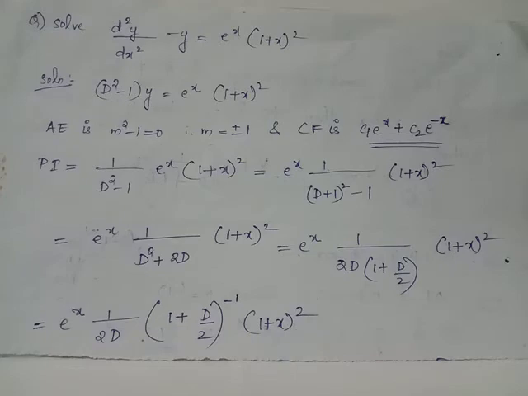Since we have 1 plus x the whole square equals 1 plus x square plus 2x, which is of the form x raised to m, we will try to rewrite the denominator capital D square plus 2D to the format capital D the whole raised to p multiplied by 1 plus phi of D. If you take 2D common from capital D square plus 2D, it becomes 2D times 1 plus D by 2. You will write 2D in the denominator itself and you will consider 1 plus D by 2 as the function 1 plus phi of D, and it will be taken to the numerator so that it becomes 1 plus D by 2 the whole inverse, which will be expanded using binomial theorem.